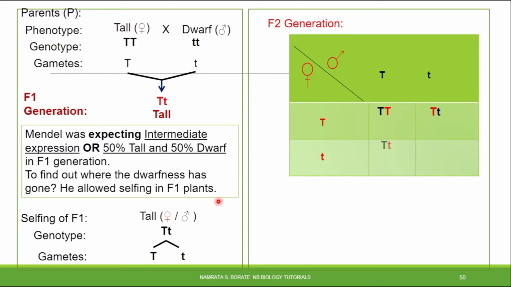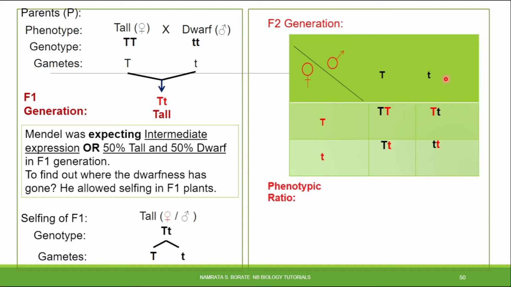What happened? There is obtaining the capital T. When this capital T is crossed with the small t, again there is a capital T and the small t. When the second small t is crossed with the capital T, there is obtaining the capital T and the small t, and the last one, when the small t is crossed with the small t, there is obtaining the small t.